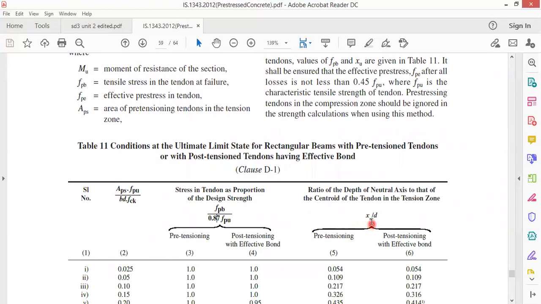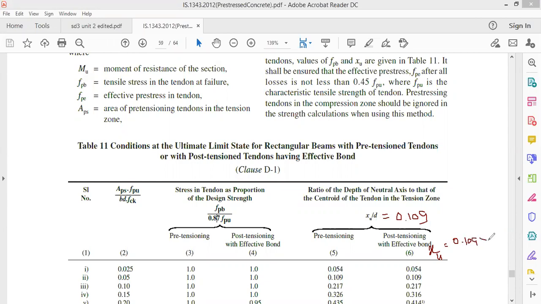So similarly here, XU by D is 0.109. I know the effective depth, so XU by D equals 0.109. I will write it here itself. So here it is 0.109, right? Now I want the value of XU. So XU is equal to